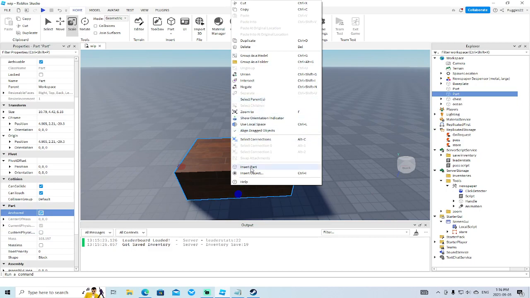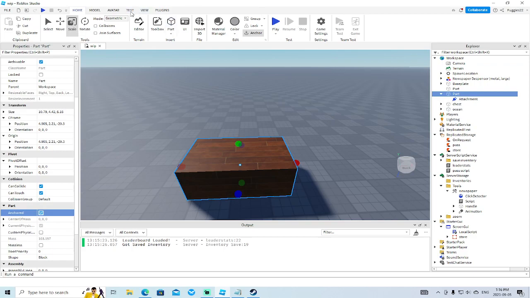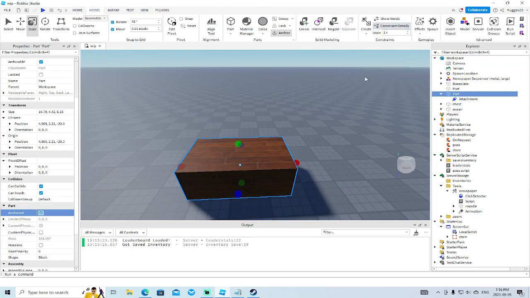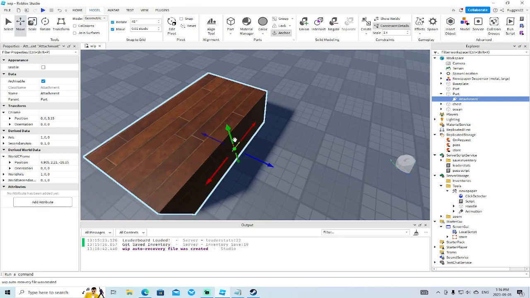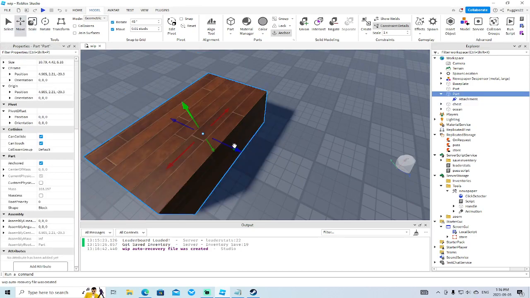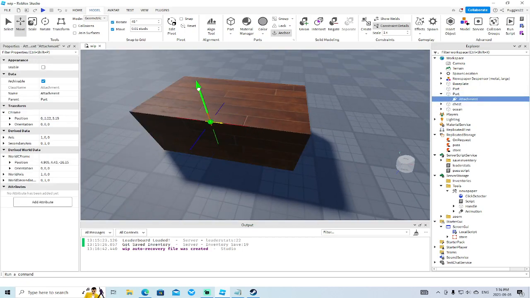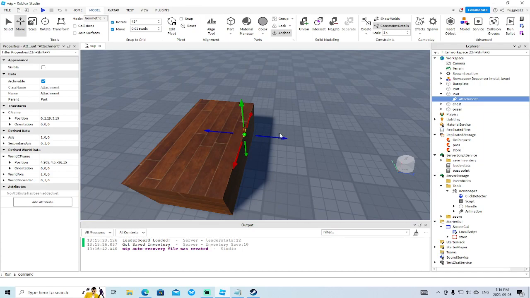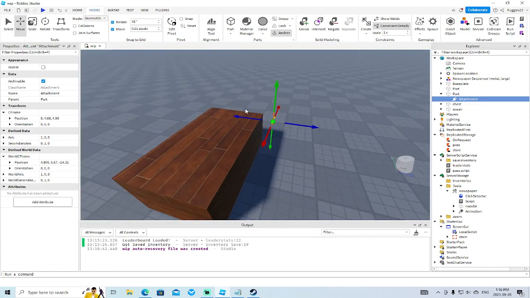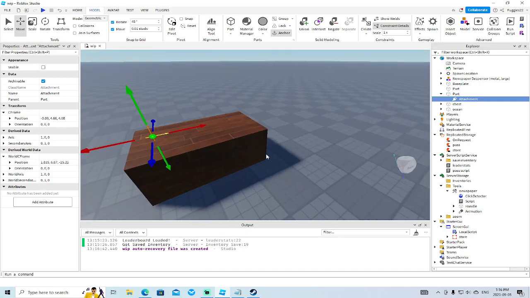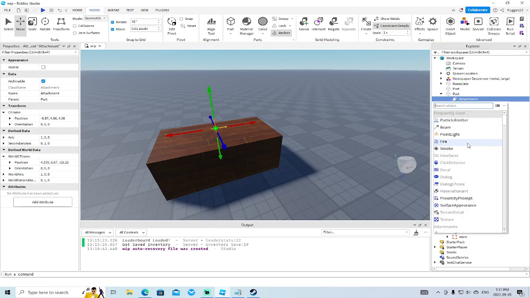So we're going to right click, insert object. Let's insert an attachment. And then what I like to do is we'll go to model. Make sure constraint details are on. I like to use the attachment because you can move it anywhere inside the box. If you wanted to make it more visible to the players, you can move it up here, stuff like that. All right. So we're going to right click, insert object,